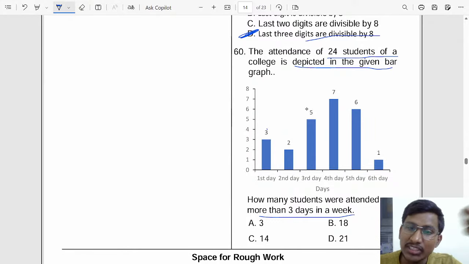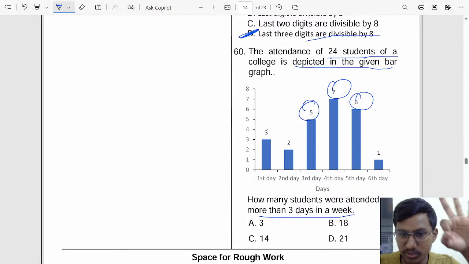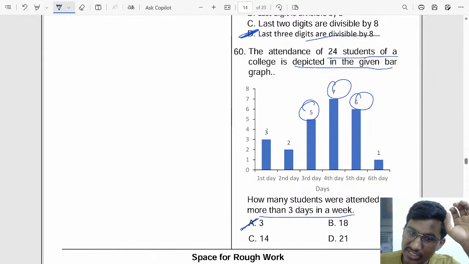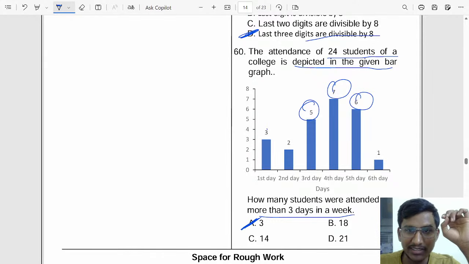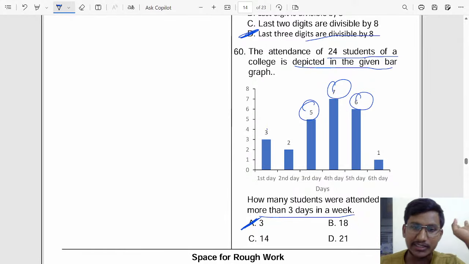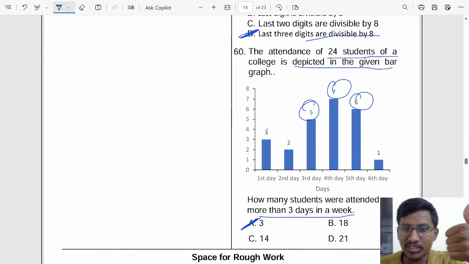Who attended more than 3? This one and this one. So there are 3 students who attended more than 3 days, so option A will be the answer. Okay, I hope everyone understood, and this is how we have to solve the